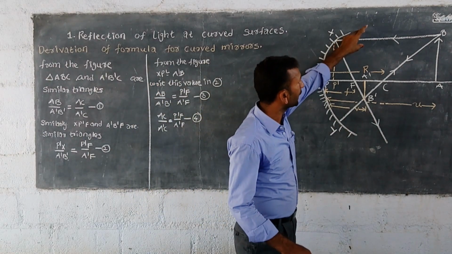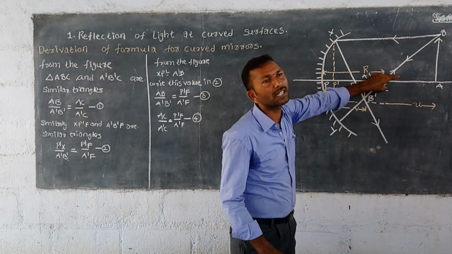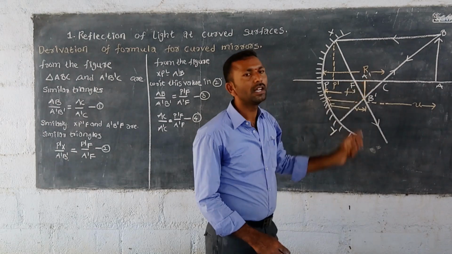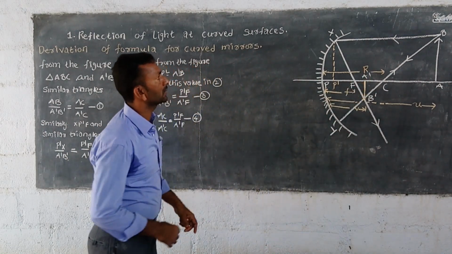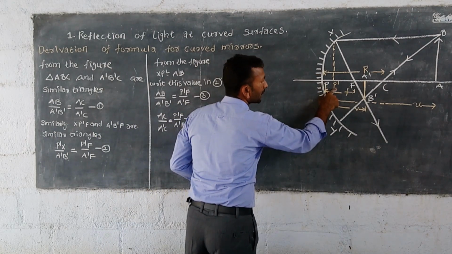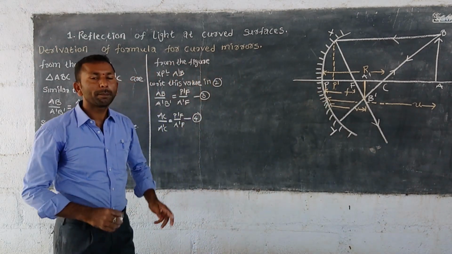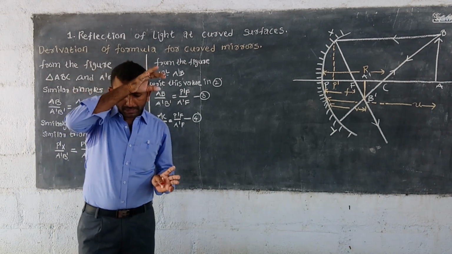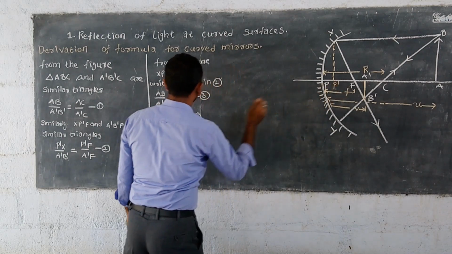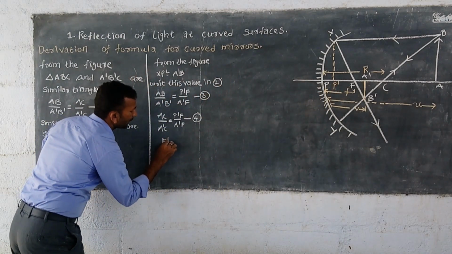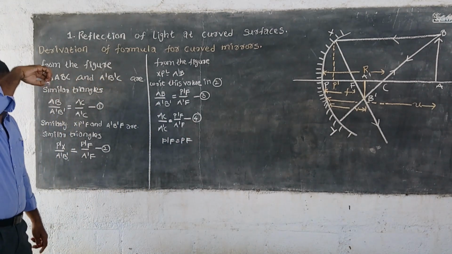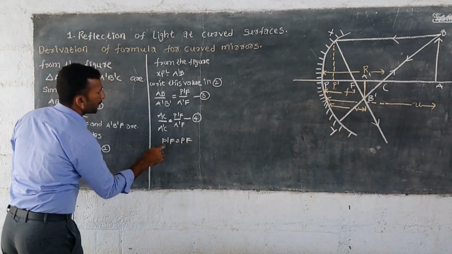If the two light rays, this one and this principal axis, are both paraxial rays, we can say this light ray is almost equal to the principal axis. At that time we can say this point P and P dash are at the same place. Then we can write P dash f equals Pf. There will be no change. Both values are the same.